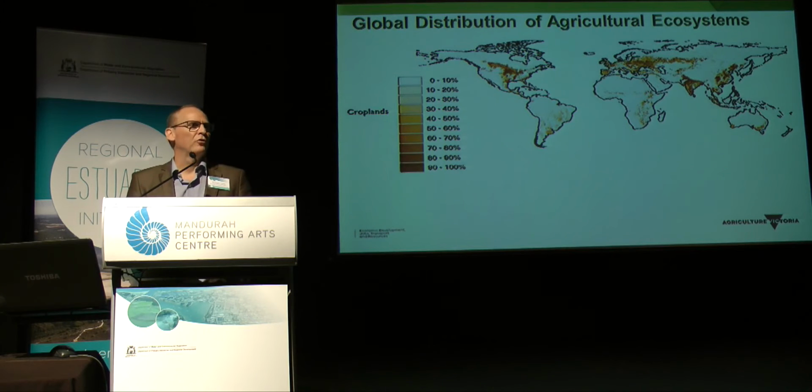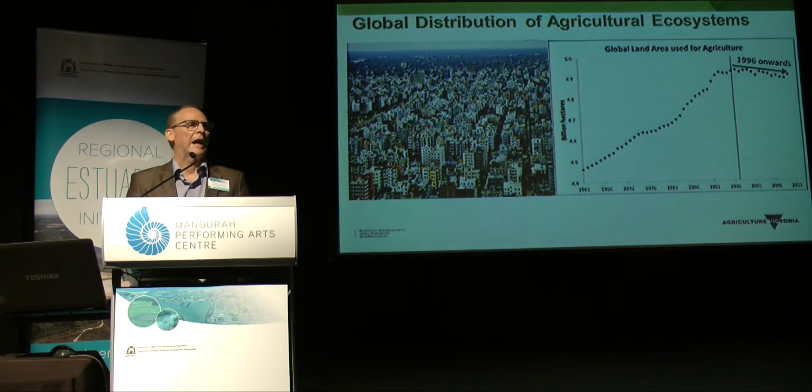It never ceases to amaze me that we can pretty much almost feed the population of the planet with agricultural areas that make up such a relatively small overall proportion of the terrestrial land base. Since 1960, we actually added to that agricultural land. There was almost a linear increase in the amount of agricultural land, and that was primarily through deforestation, through drainage of wetlands, through increases in irrigation regions.